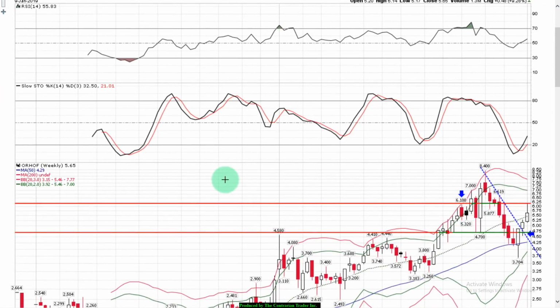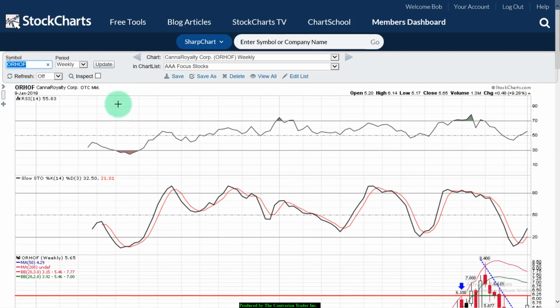Can Royalty Corp weekly chart. We broke out the week prior to last. Nice bullish key reversal. This week we have surged higher up and into resistance. We have topping action here, as you can see by this wick, shadow, topping tail, whatever you want to call it. Now, this resistance level